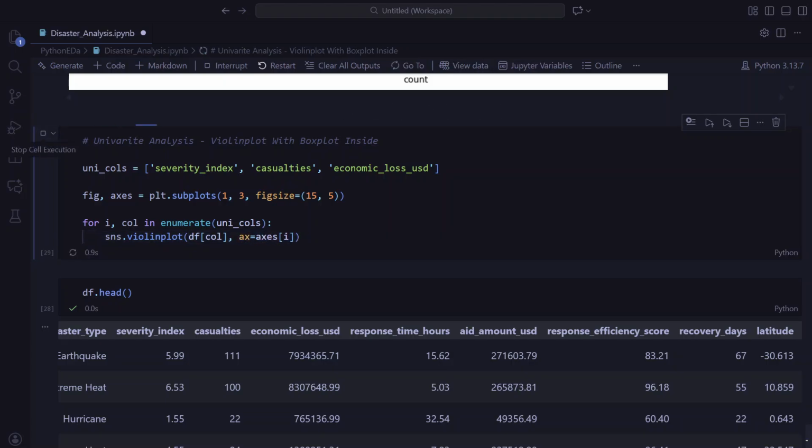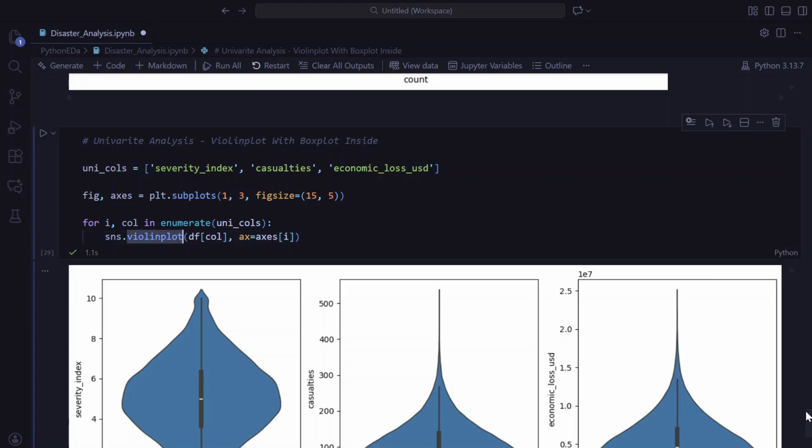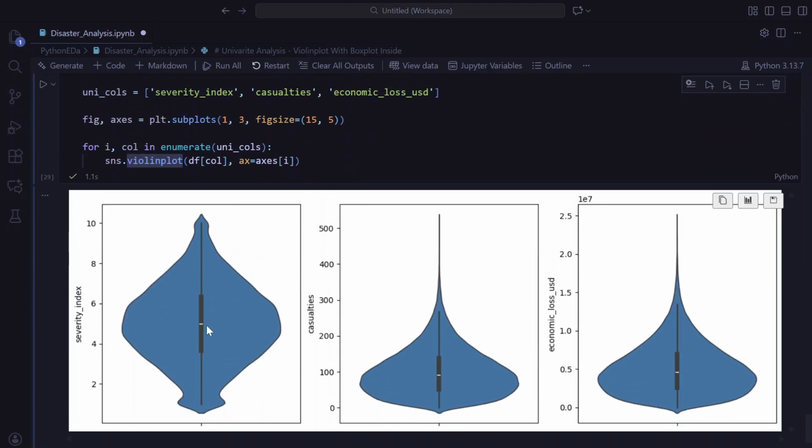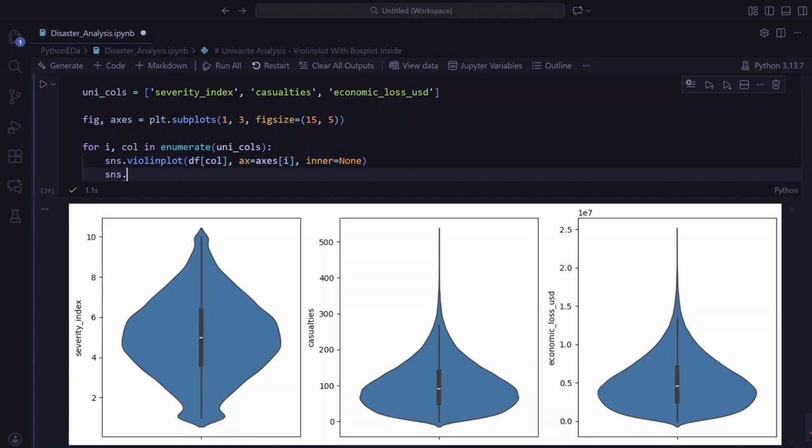So by default, a violin plot has a box plot inside of it, as you can see here, but it is a bit ugly. So to change that, we can do inner equal to None to get rid of that, and then do